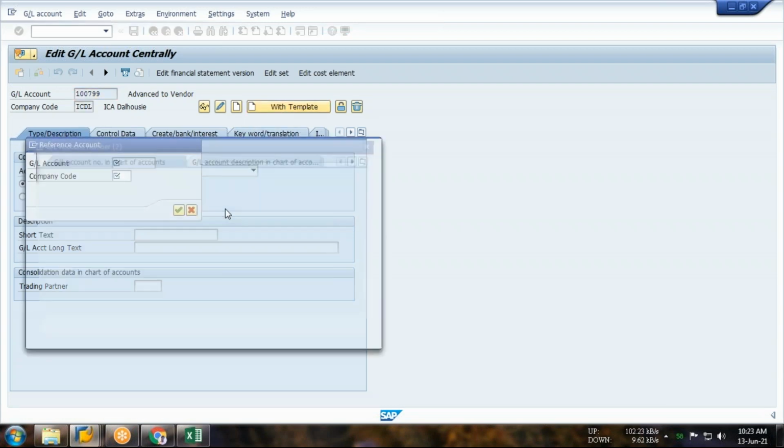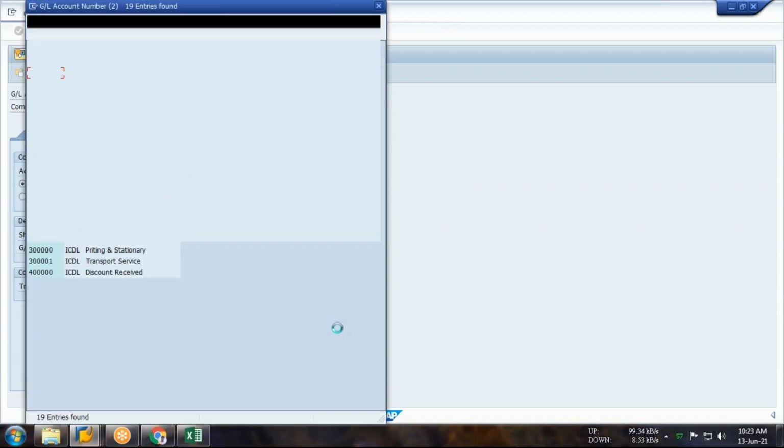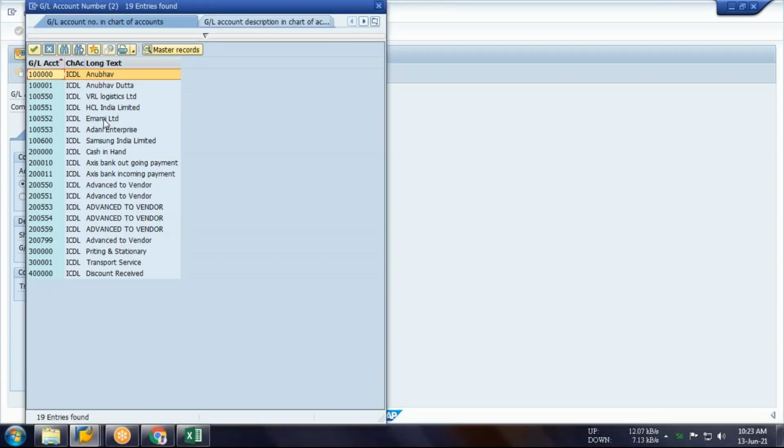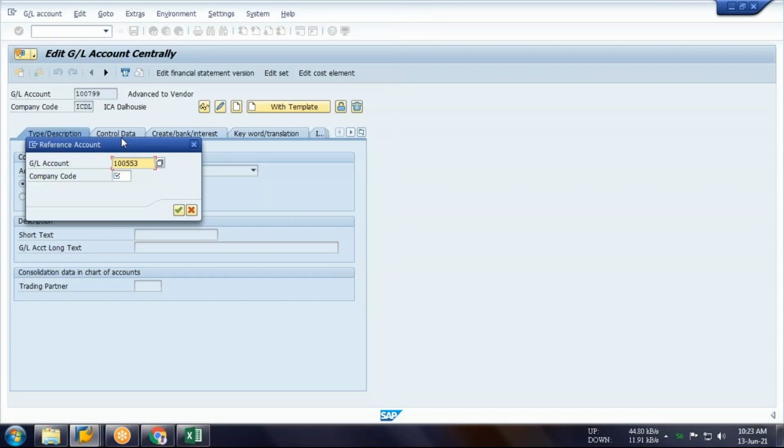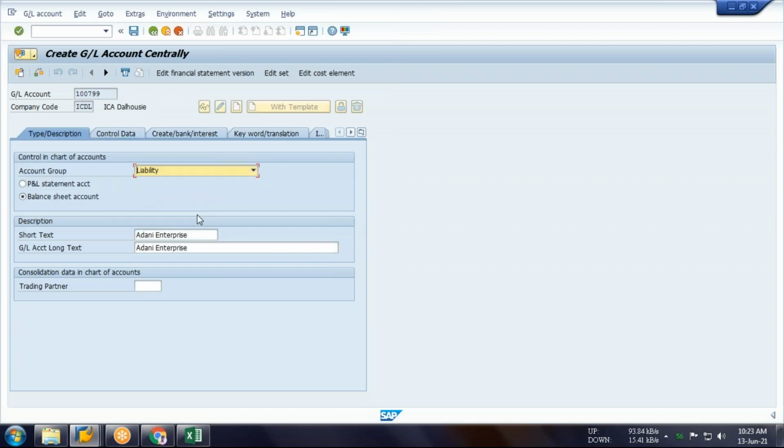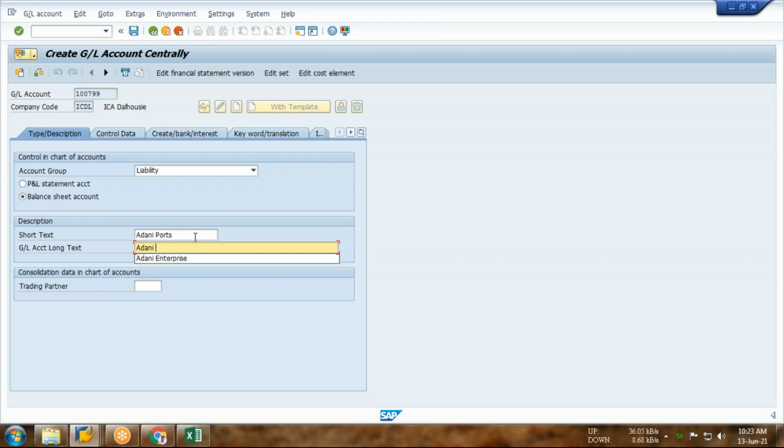So I have created so many vendors, so definitely I'll be copying. Adani Ports.